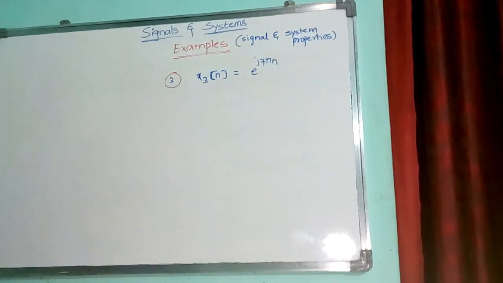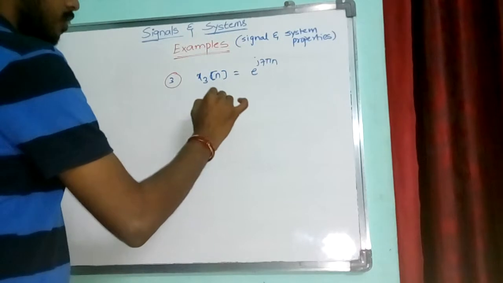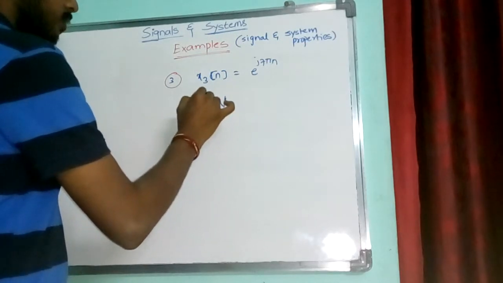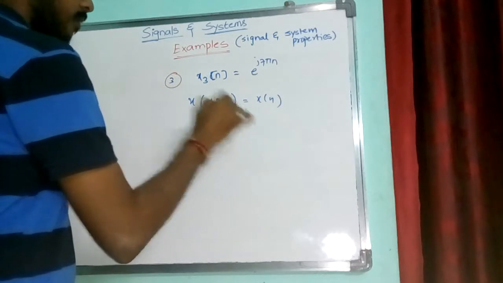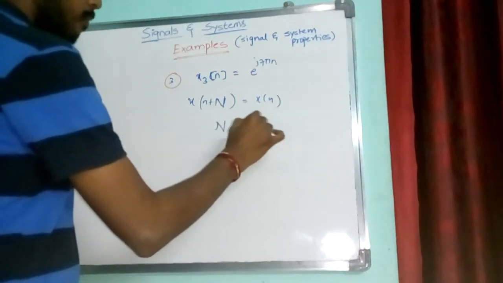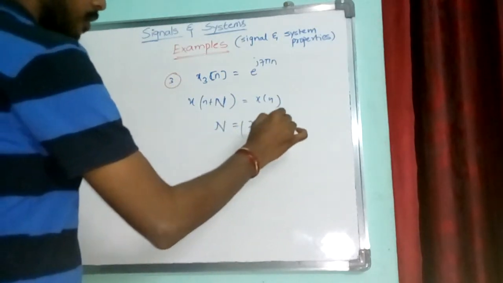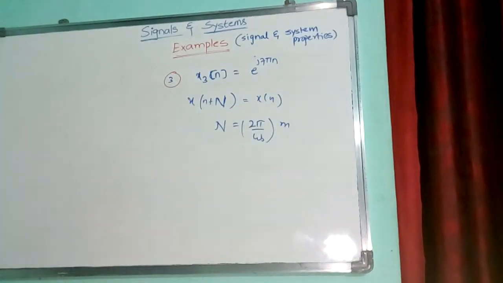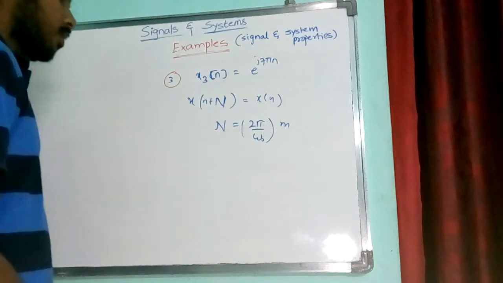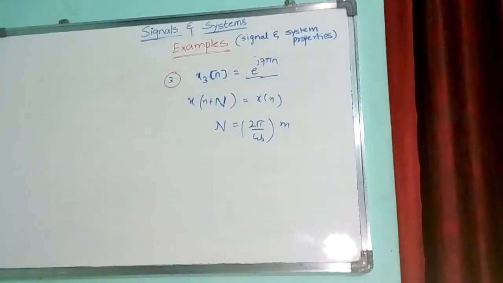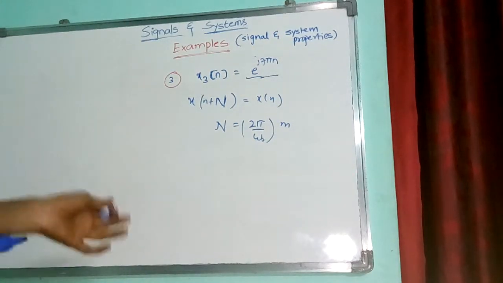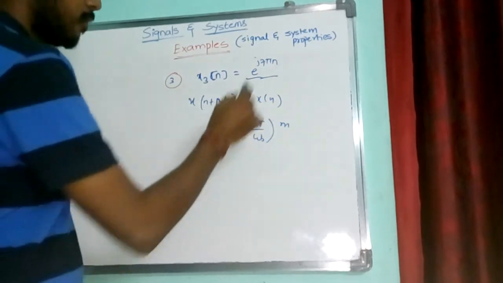The condition for a discrete time signal is x of n plus N should be equal to x of n, where N is given by 2 pi by omega into m, and N should be an integer. This is the condition for the time period. Now consider the signal e power j 7 pi n,